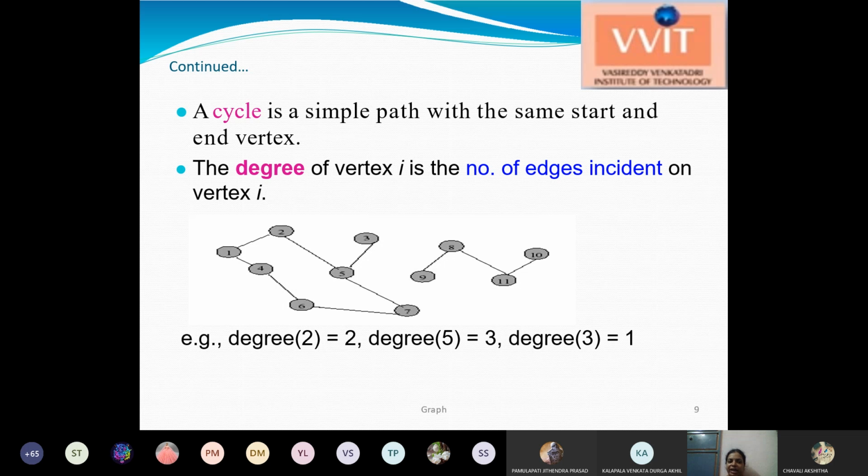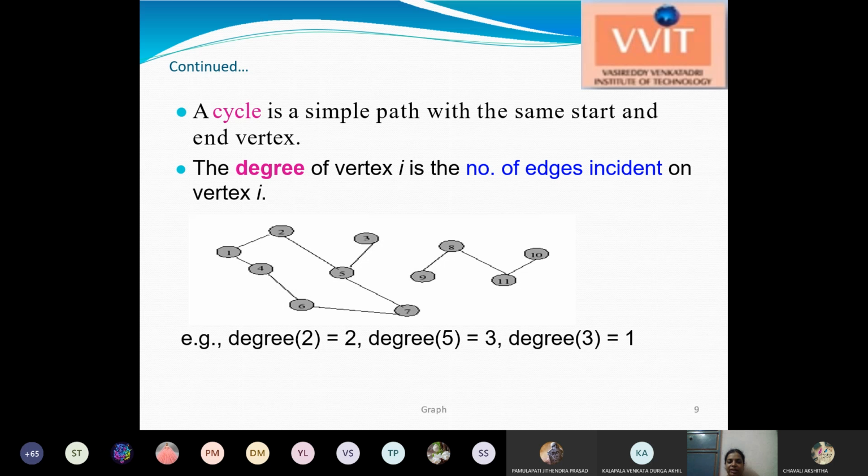Generally, for undirected graphs, we only consider the number of edges for the particular vertex as the degree. But if it is a directed graph, we have two degrees: one is the in-degree and another is the out-degree. For undirected graphs we have only one degree value.